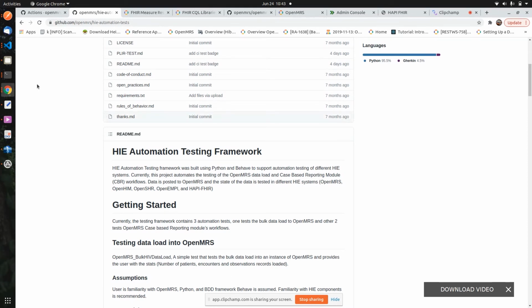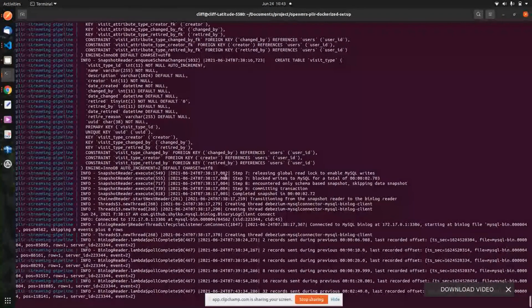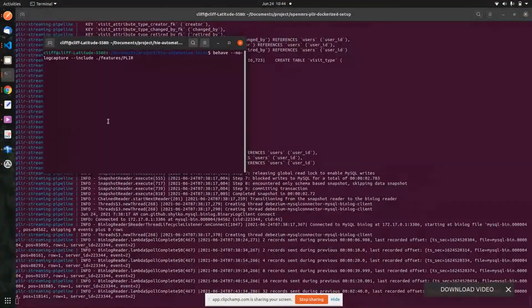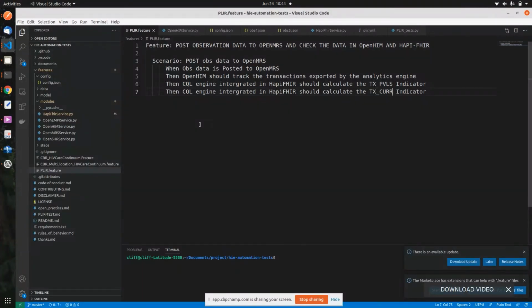As usual, we are supposed to be having our servers up and running. And so we are going to run the PLIR feature. The PLIR feature has a scenario that mainly does a couple of things, which is mainly to post